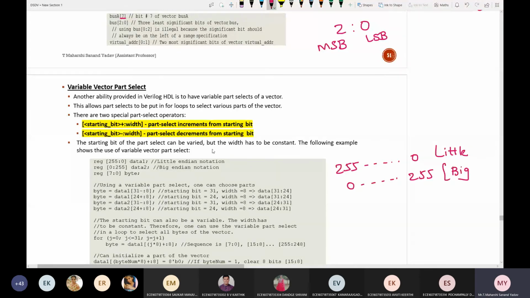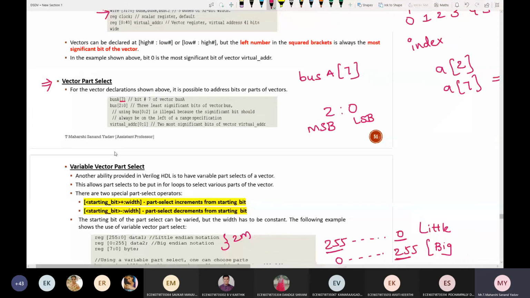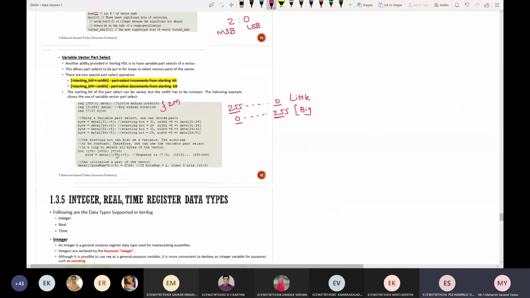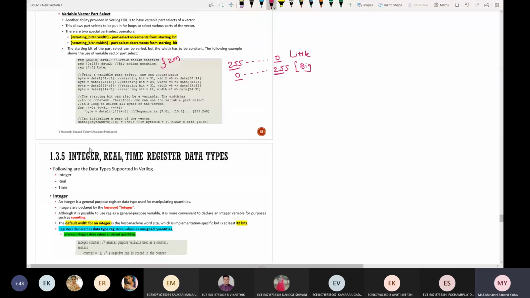Remember this. Generally, you'll expect this for 2 marks: explain little endian notation and big endian notation, by taking some random example. Little means starting from a large value and ending at a small value. If it is big, it means starting with small and ending at large. Okay, any doubts still here? No, sir. Okay, can anyone give me an overview of the concepts that you have seen?